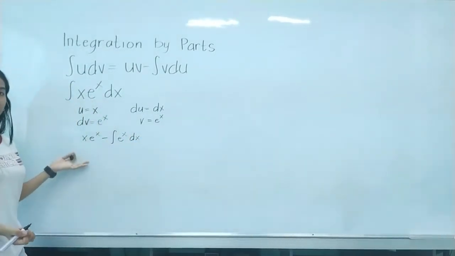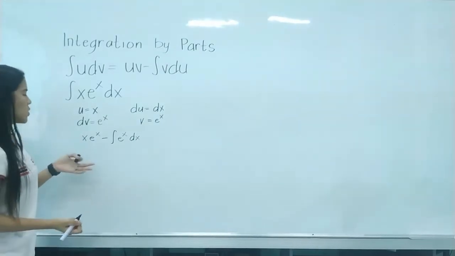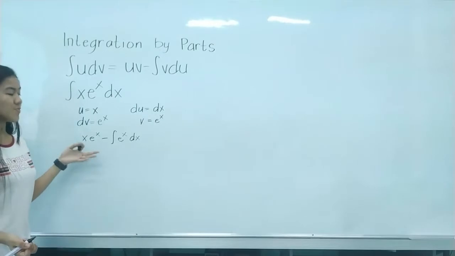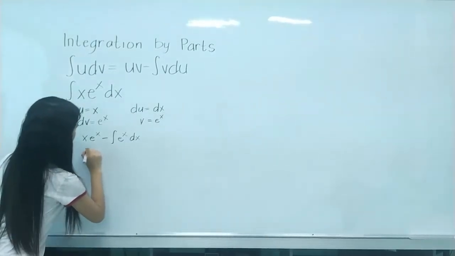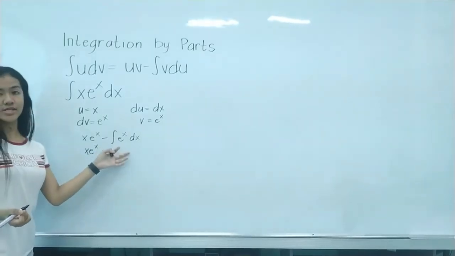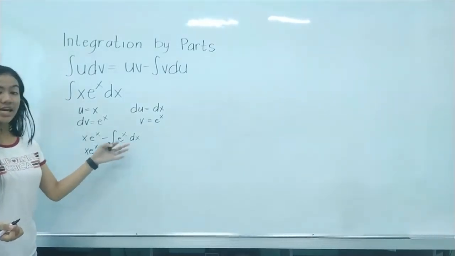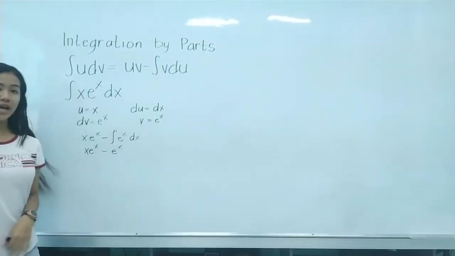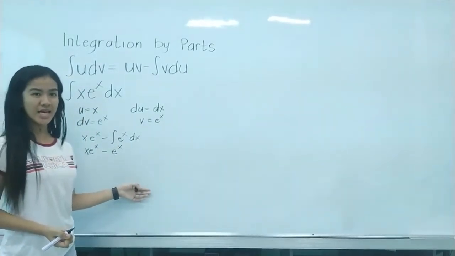Now we have to simplify this one. We just simply copy this first term because this is its simplest form: x e raised to x minus the integral of e raised to x dx, which is just e raised to x. And don't forget to add a plus c